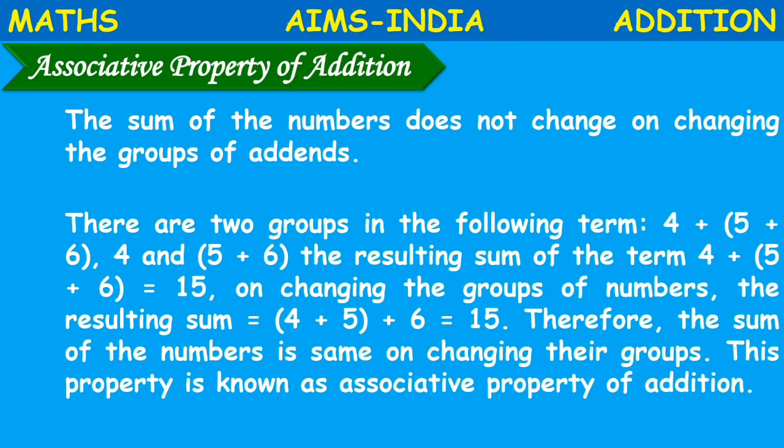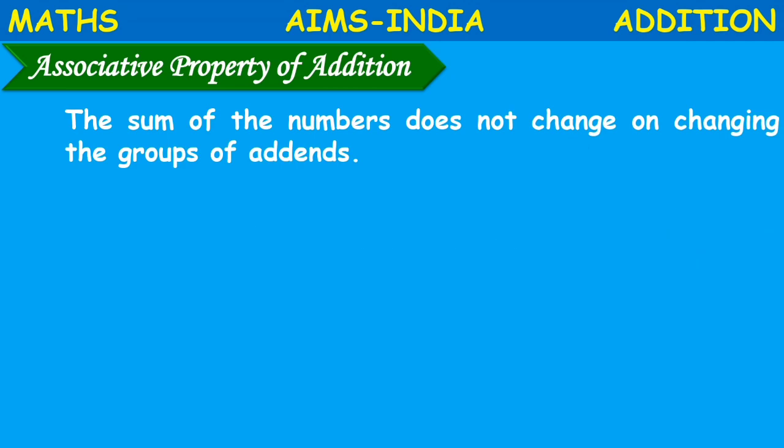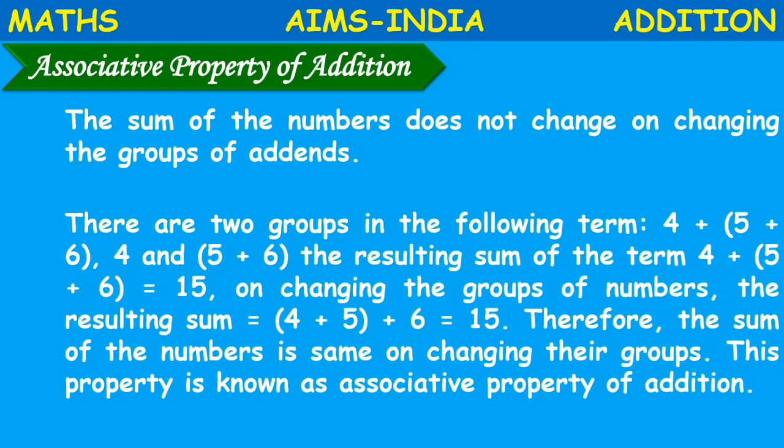Okay, children, what is this saying? This associative property is also very much similar to our commutative property of addition. Yes, in the commutative property, what did we have? We had two numbers and we changed the order of the numbers. So even though we changed the order of the numbers, we got the same sum, right? We got the same sum.